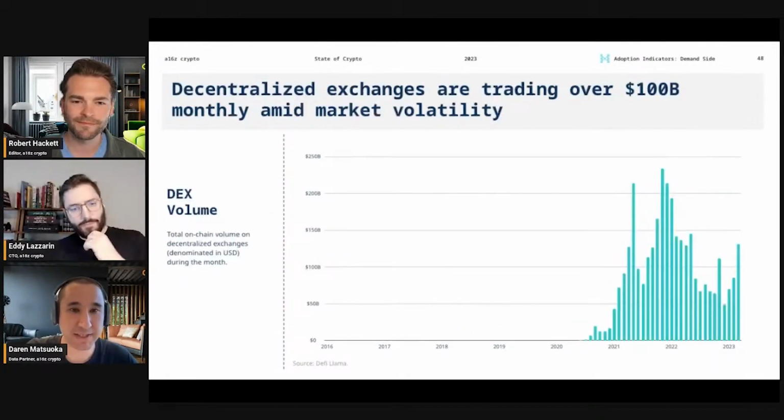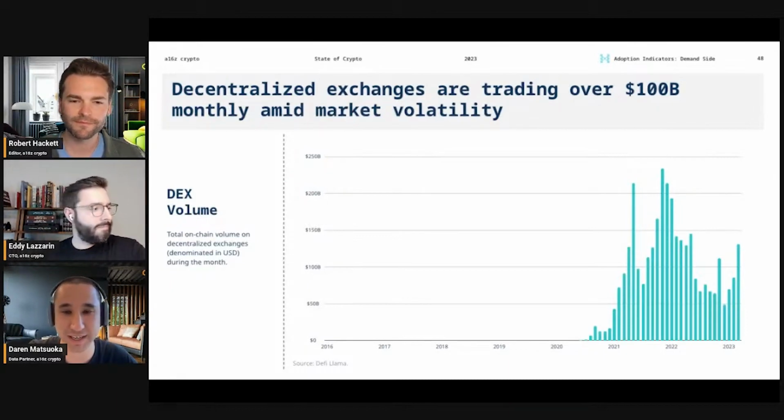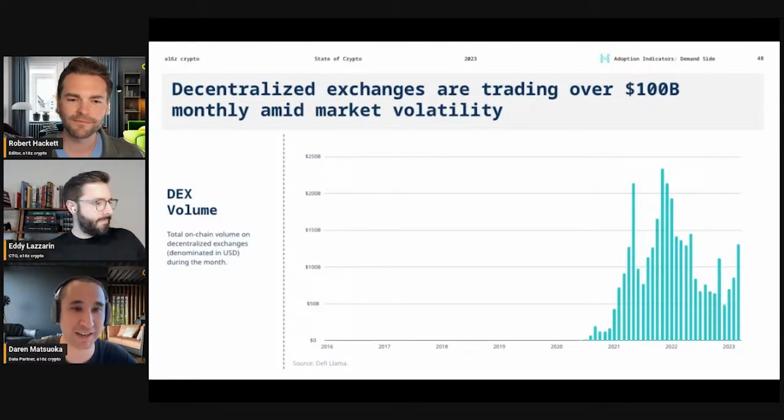DEX volume. So this is the total on-chain volume on decentralized exchanges. Some really positive signals to look at here. For one, it's now trading over $100 billion monthly. We've grown for 3 consecutive months in a row, following the big drop as a result of the